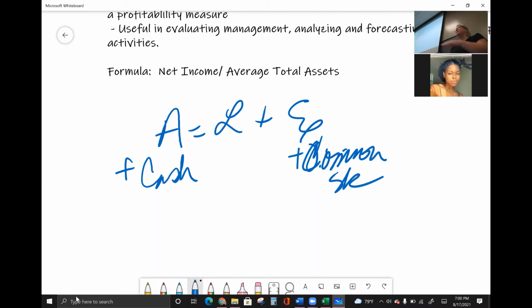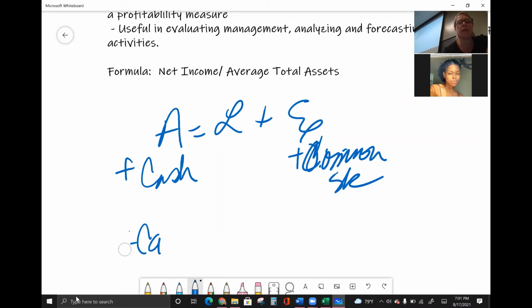So that's just an example of one transaction, but we're showing it on both sides. And then if you look at number 2, we're buying supplies for cash. So my supplies are an asset because I'm bringing something in that I can use that's useful to me in the future. I have these supplies, but cash is going out. So I could have cash